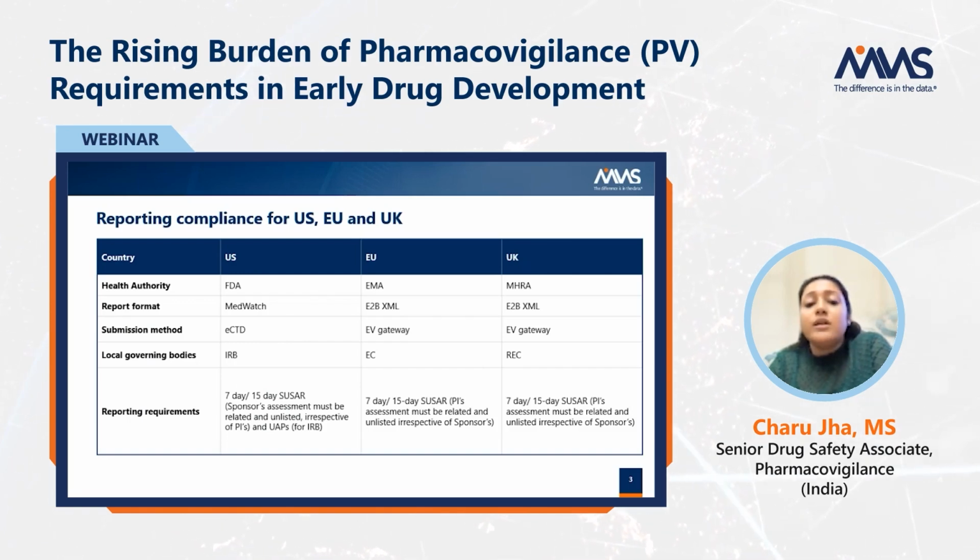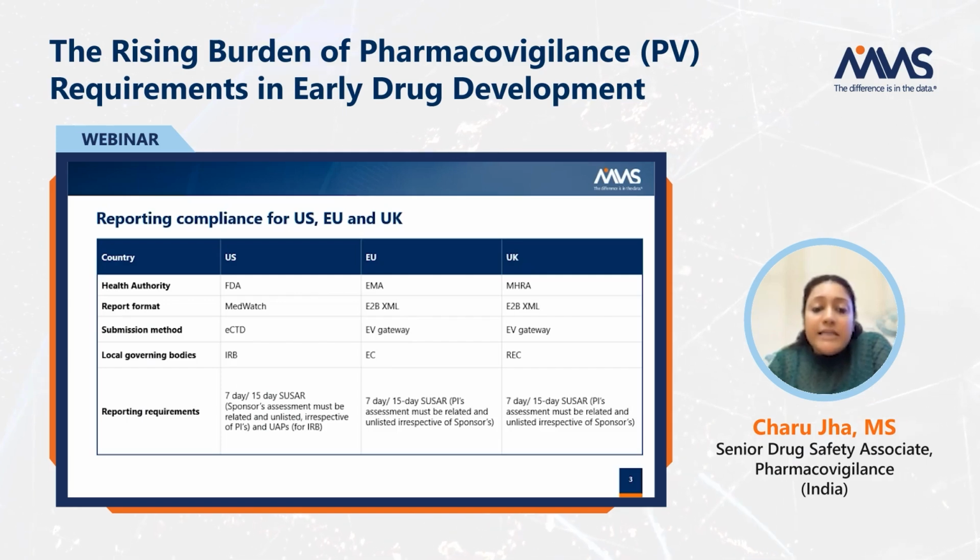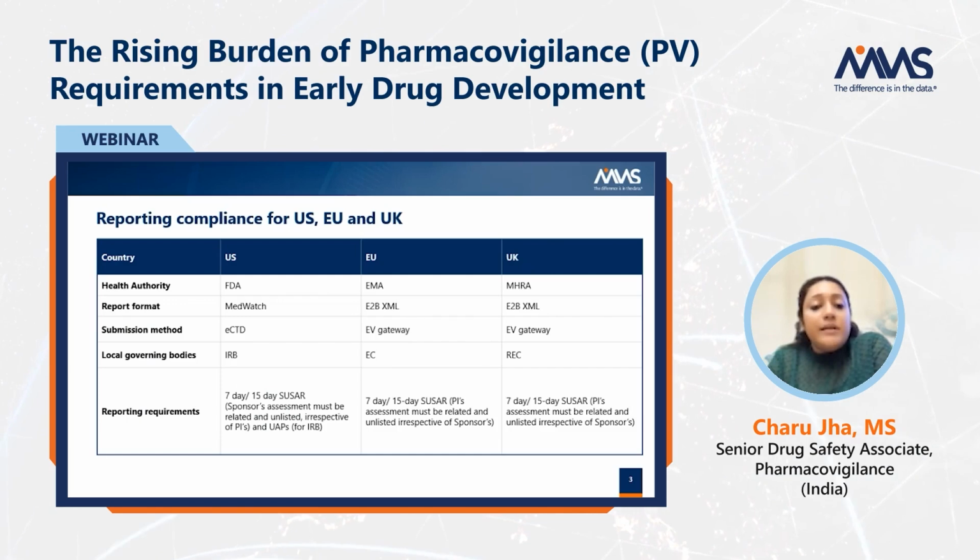FDA accepts electronic submission of 15-day IND safety reports in Electronic Common Technical Document, which is abbreviated as ECTD format. Complete information on ECTD specifications and guidance can be found on the FDA website. FDA recommends that sponsors submit 7-day IND safety reports electronically in ECTD format. If the IND is not in this format, other means of rapid communication, for example, telephone, facsimile transmission, or email